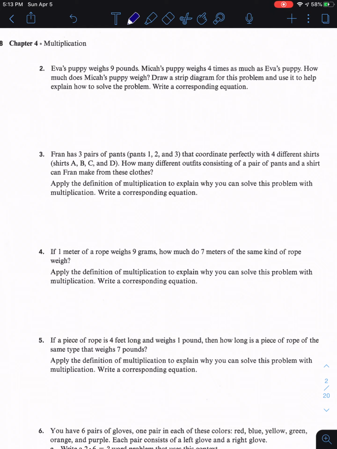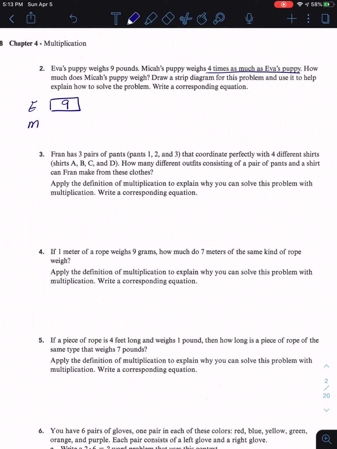So for example, Eva's puppy weighs 9 pounds. Micah's puppy weighs 4 times as much as Eva's puppy. How much does Micah's puppy weigh? Draw a strip diagram for this problem and use it to help explain how to solve the problem, and write the corresponding equation. So if Eva's puppy is 9 pounds, this is Eva's, and Micah's puppy is 4 times as